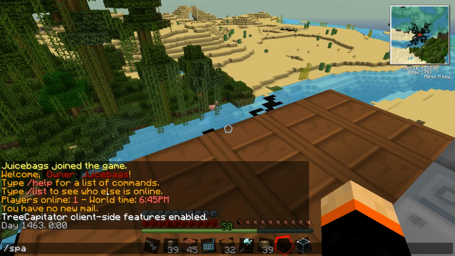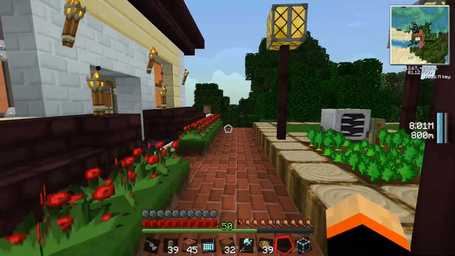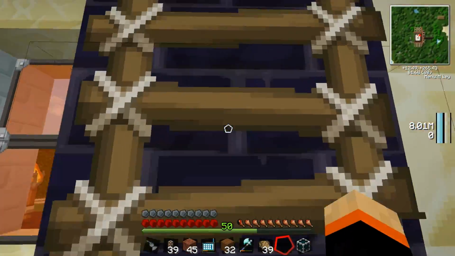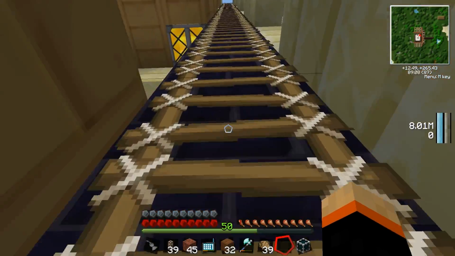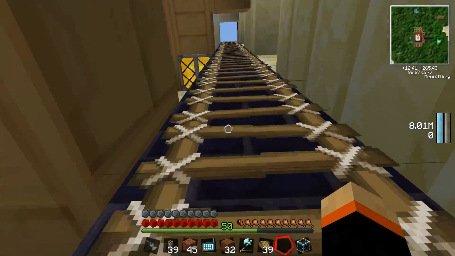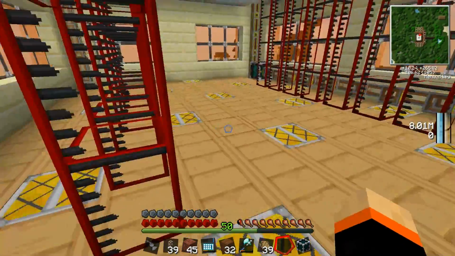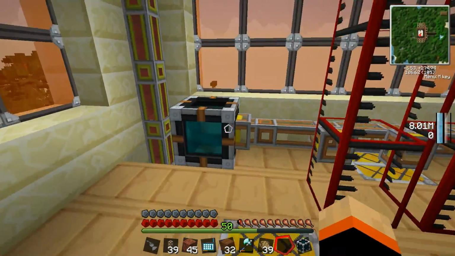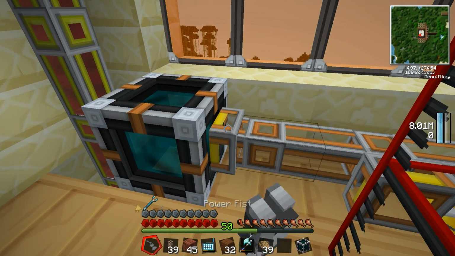So let's head back over to the spawn and the old juice tower, and we should have some oil flowing in here. Let's go take a peek. This is going to be all the way up, directly below our rocket level. And let's see, we got no oil flowing in yet. Is it because...